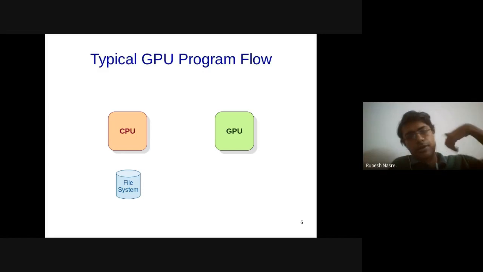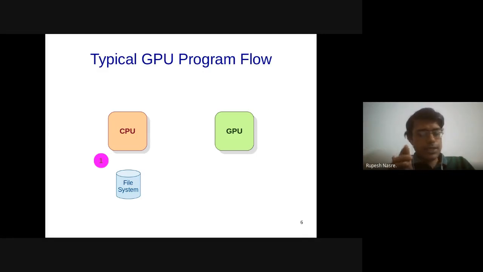For example, you are talking about an IoT device or some medical imaging device where you are getting the data via some port onto the CPU, right? So in any case, you are going to read that data into the CPU memory first, right? So you are going to load that data onto the CPU memory. Most of the GPU processing systems do not have direct file handling constructs, right? Those are good for computation related aspects, not all the libraries are available for the GPUs. So in fact, the GPU does not have a direct connection with the file system anyway, right? So it has to go through the CPU in that case.